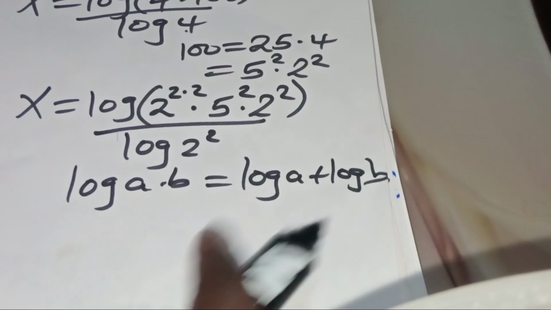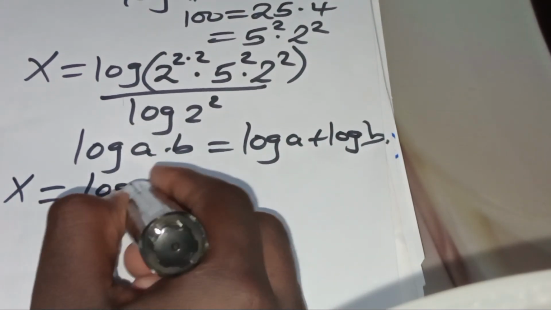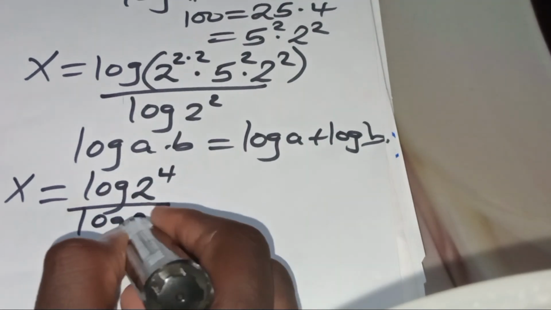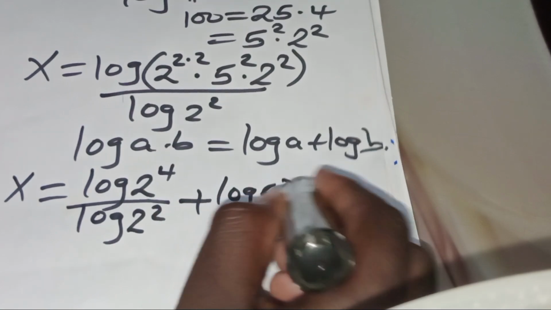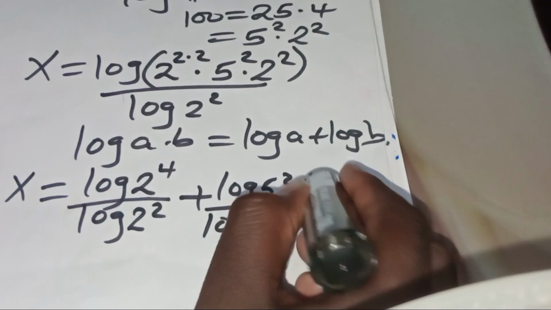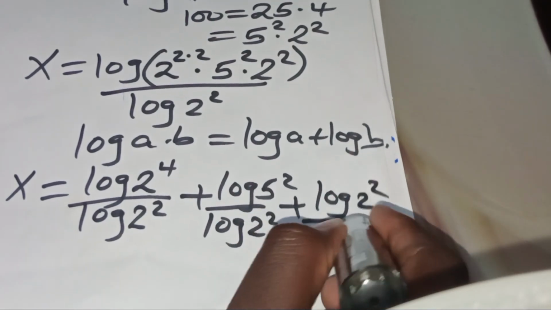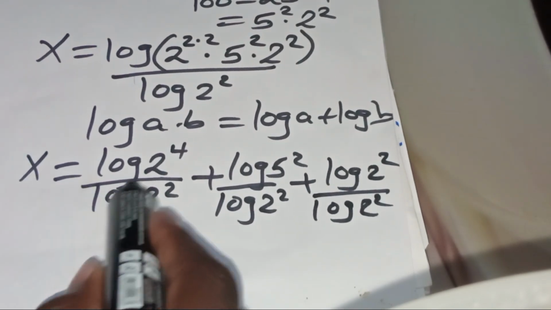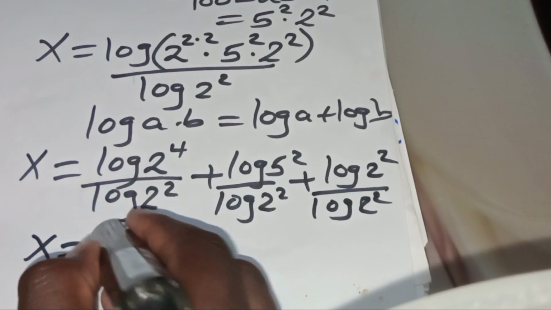Applying this property, we'll have x equal to log 2 to the power 4 divided by log 2 to the power 2, plus log 5 to the power 2 divided by log 2 to the power 2, plus log 2 to the power 2 divided by log 2 to the power 2. Okay, so let's proceed. Log 2 to the power 4, applying the power rule, becomes 4 log 2